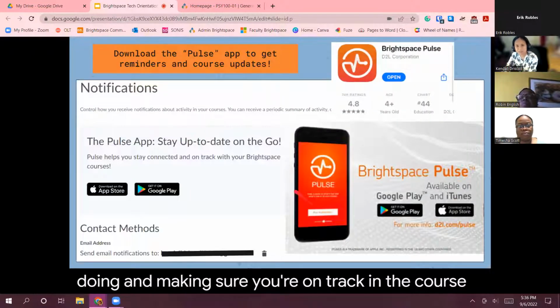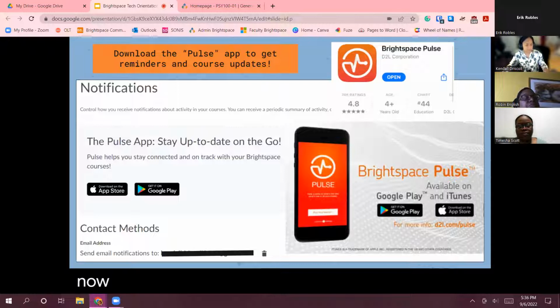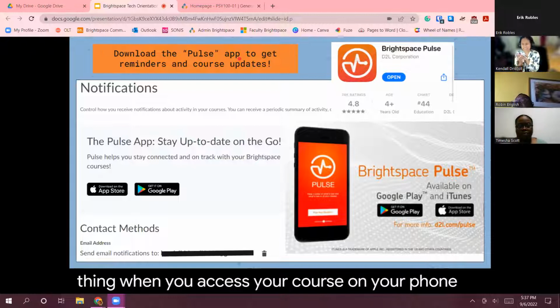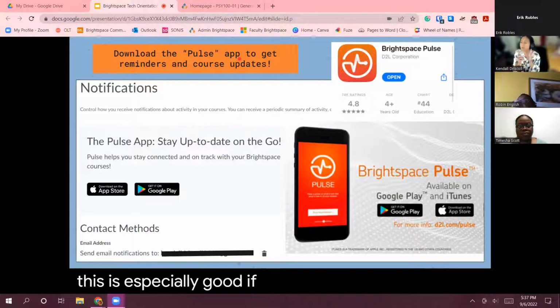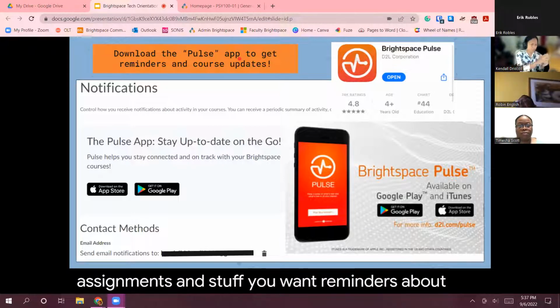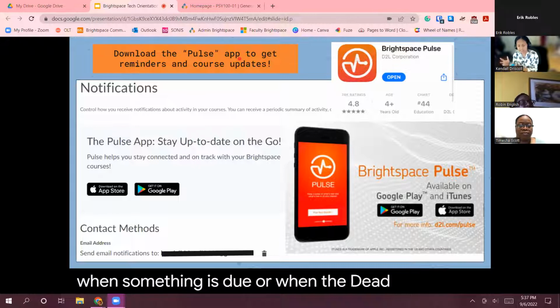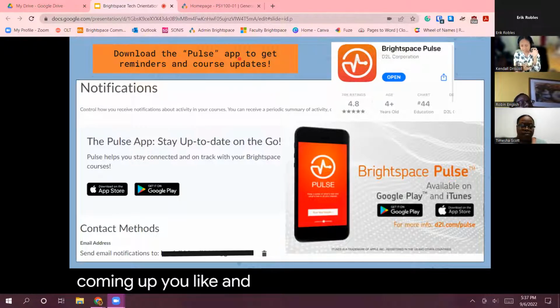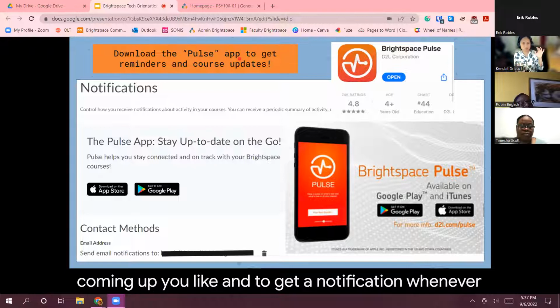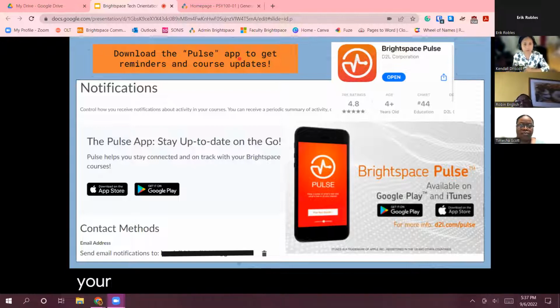Now, the other thing that I like to tell people about Brightspace is you can access your course on a mobile device, which is kind of cool. But here's the thing. When you access your course on your phone, this is especially good if you want reminders about assignments and stuff. You want reminders about when something is due or when a deadline is coming up. You like to get a notification whenever your instructor posts or updates your grade. This is a great time to download what is called the Pulse app. So it's Pulse,